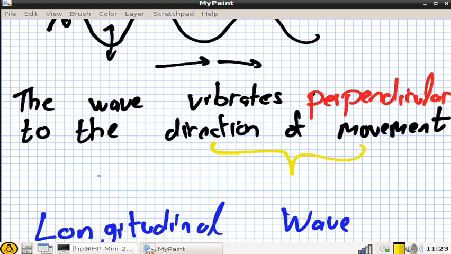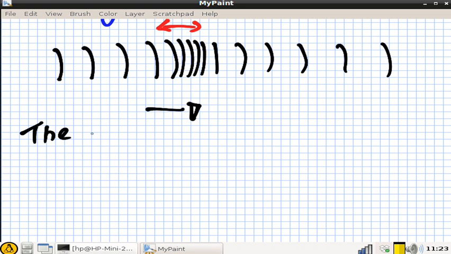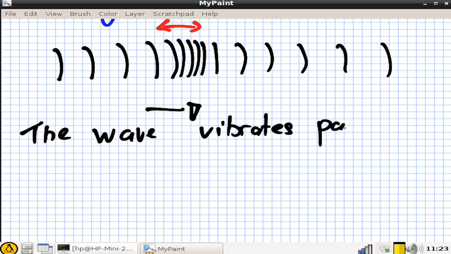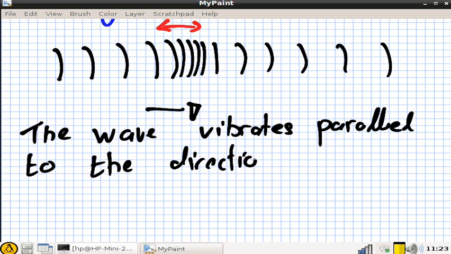And as you said, Tanish, another word for direction of movement is propagation. Or as I said, another way for saying direction of movement is direction of energy transfer. So you have many choices, all are fine for the exam. This is the simplest one.